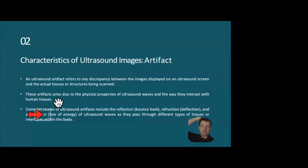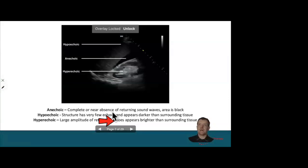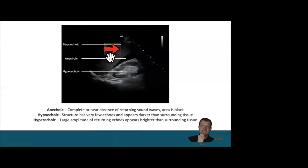Okay. Common causes of artifacts include a reflection, a refraction, and an attenuation of the ultrasound waves as they pass through the tissue. So I'm going to show you some examples of those now. So this is a scan, I'm not sure what this is. It looks like a visceral scan, to be honest. So not my area. I've just picked this up off the net just to show you the differences between the